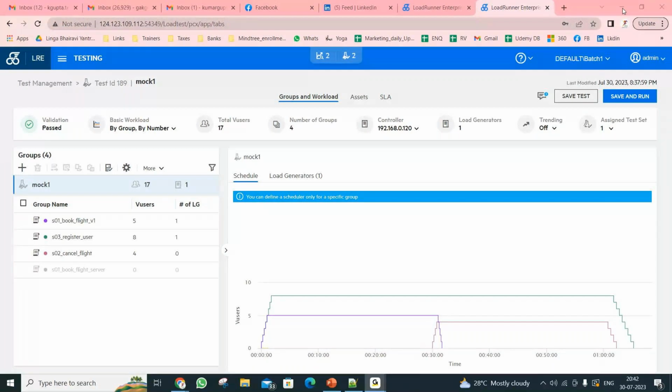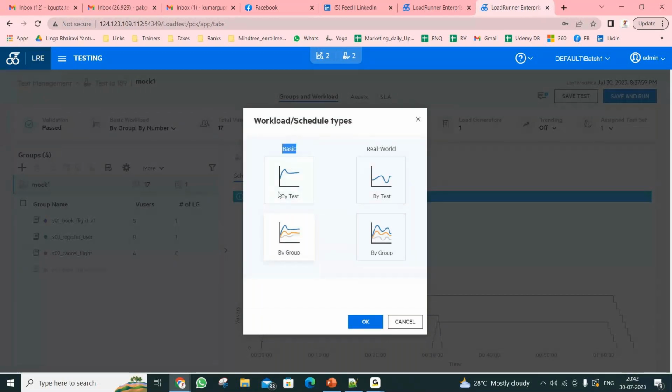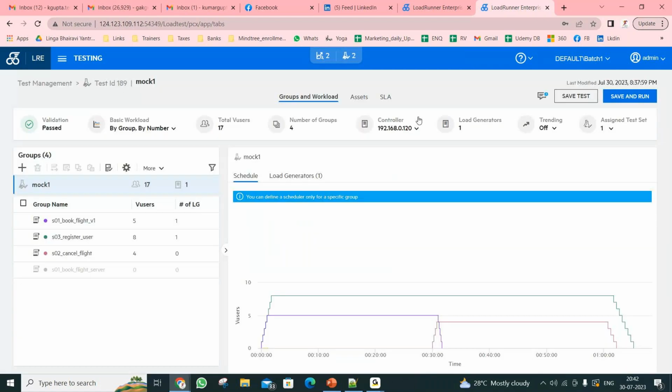So I've also shown you why somebody has to design it in this way, in a by group way. Okay, wonderful. Wonderful, Kumar sir. You have explained basic schedule by test and basic schedule by group. But in my company,